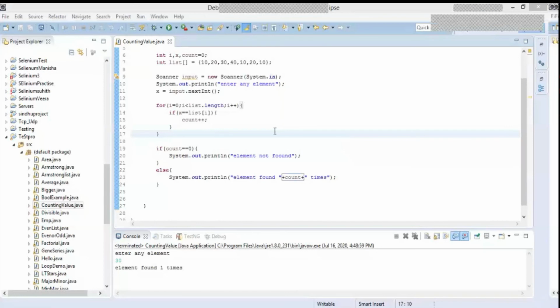This is called linear search, and this is also for counting the variable. Even if you want to only search, as I told you in yesterday's example, we can maintain a flag variable, like making it 0 or 1, and by that also we can do the linear search. So linear search is simply comparison value by value, which is very simple logic.